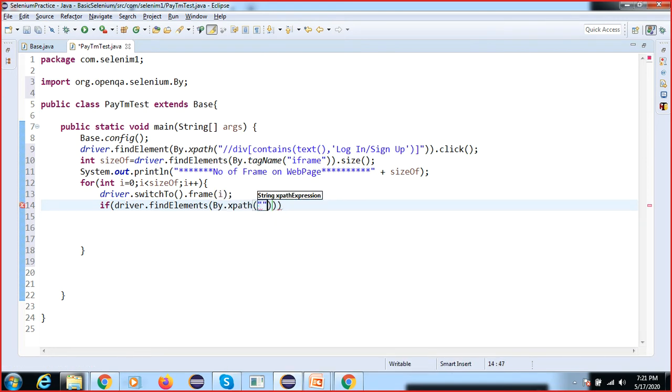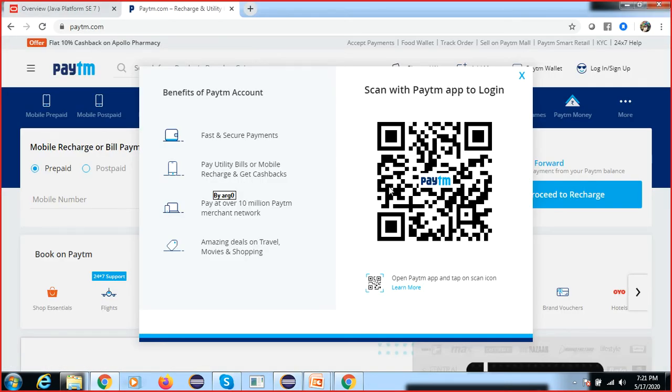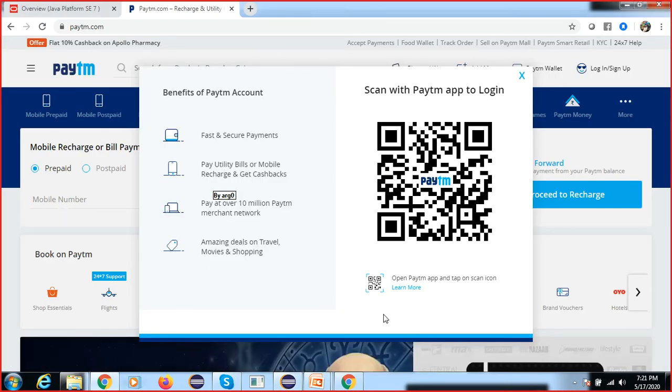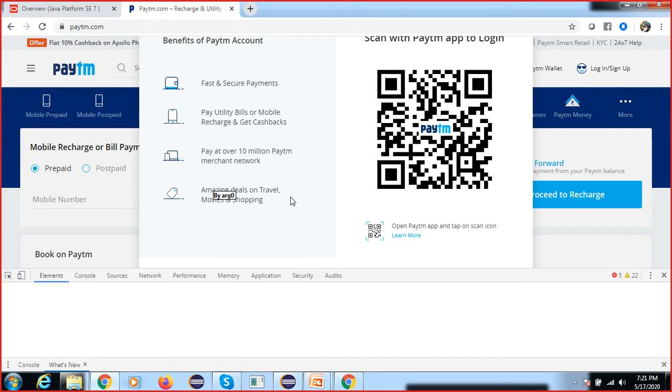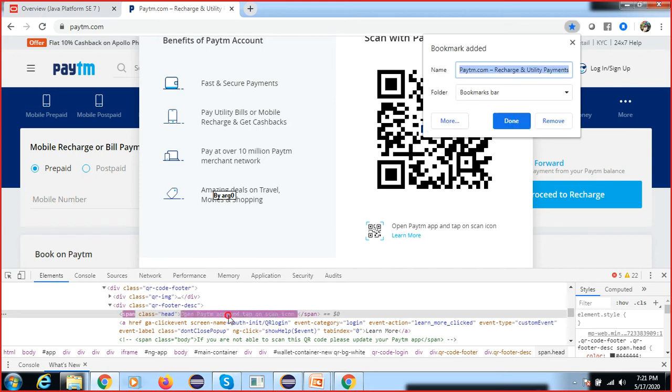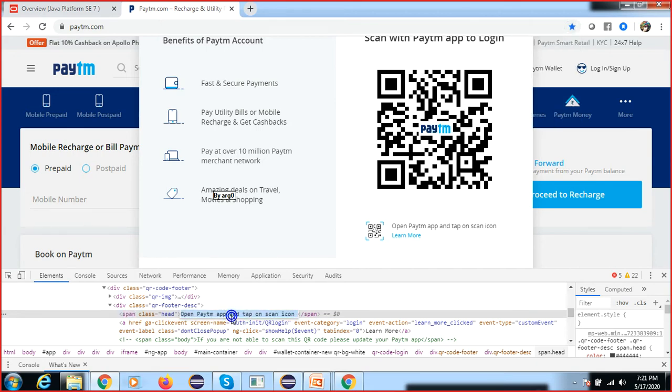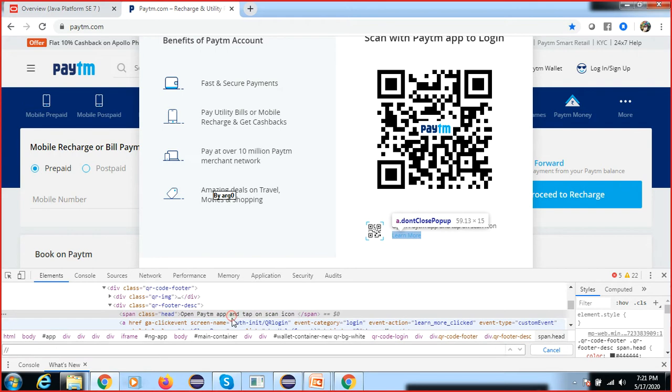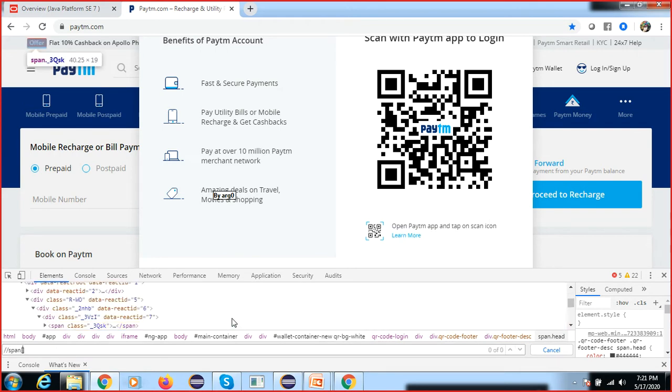So what is the condition I'm going to write? You can find any element which is available on this page. I'm going to find this element; you can find any other element also, no problem. So for the span, we will use the contains function.